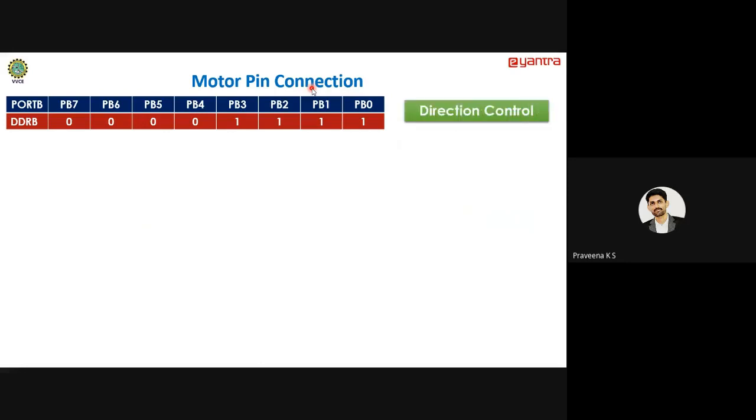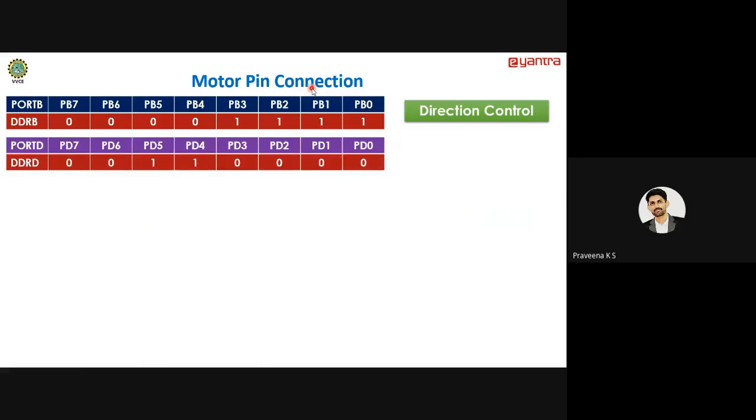For that, what we have to do? We have to send DDRB is equal to 0x0f, so that all the lower nibble pins will be set to 1. Again, to enable the IC, there are two pins, PD4 and PD5, that are connected.